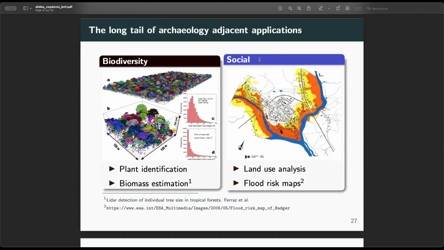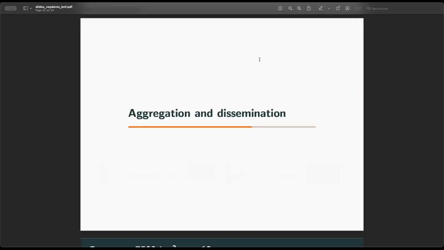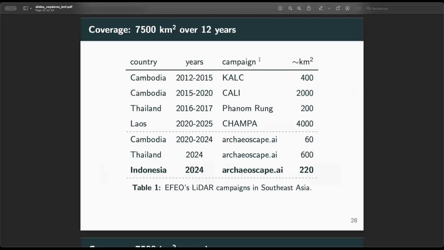So, the ancient influence of ancient people on the current vegetation, which is something actually there. And all sorts of other applications. So again, if you're a machine learning person, you have this data, you have so much work to do. And now, aggregation and dissemination. So basically, you have a lot of data for different countries, and